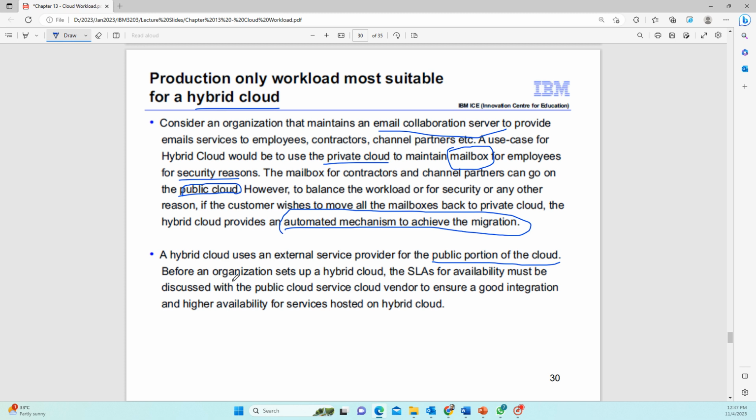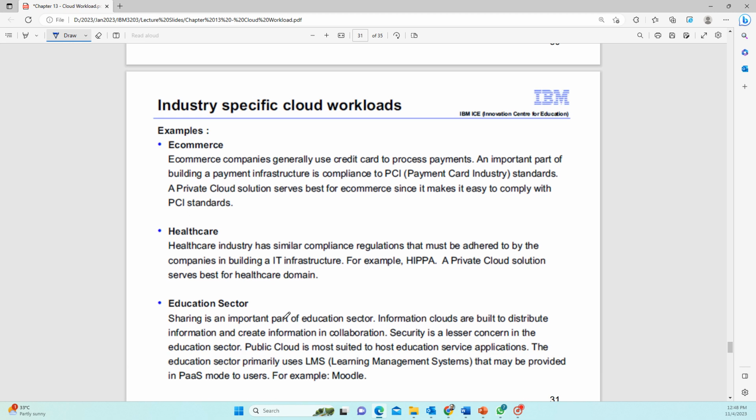Hybrid cloud uses an external service provider for the public portion of the cloud. Before an organization sets up a hybrid cloud, the SLA for availability must be discussed with the cloud service provider to ensure good integration and higher availability for services hosted on hybrid cloud. So we need a win-win situation between you as the customer. You have your own requirements, and see how your cloud service provider's capability is, because not every cloud service provider has similar capability. Well known ones like AWS, Google, Microsoft, maybe they have better options,